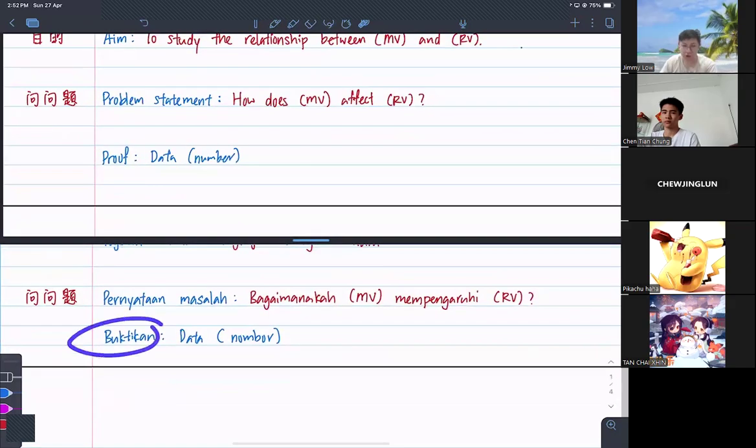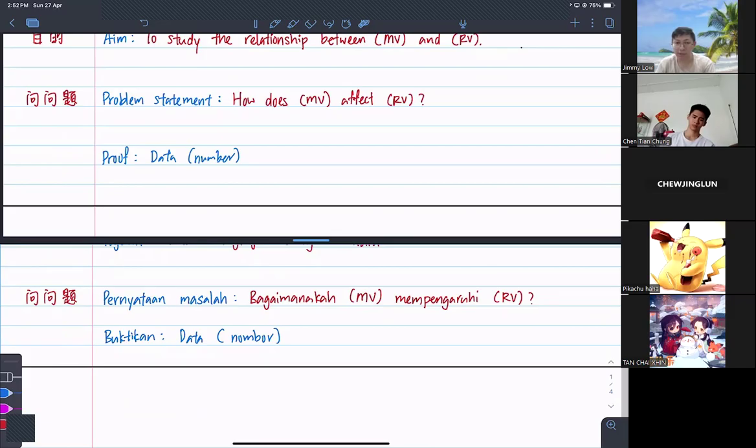Okay, so last one is your proof. This one is a kind of new question, which never came out in the previous school exam before. But 2 years ago, not the latest SPM, the past SPM, it came out once. So this is kind of new question coming out in the SPM. So the question asks you to prove something. For example, the question says, Ali ran fastest among three of the friends. Prove it.